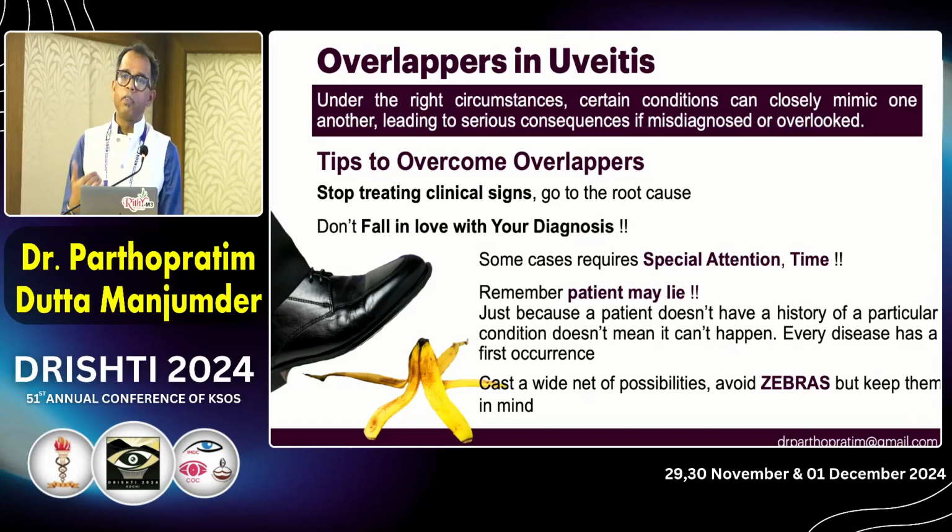You have to order, for example, TPHA in all patients with any case of uveitis, because syphilis is a great masquerader. So don't go by the patient's profile, that he looks like he is posh, very aristocratic, he denies any kind of high risk behavior. So we should not go by that. So don't fall prey to those, and cast a wide net of possibilities and avoid zebras, but keep them in